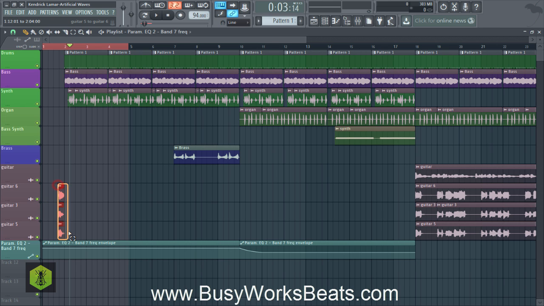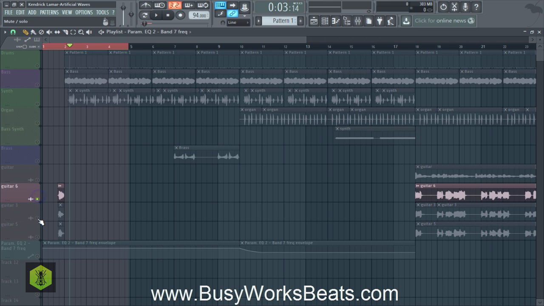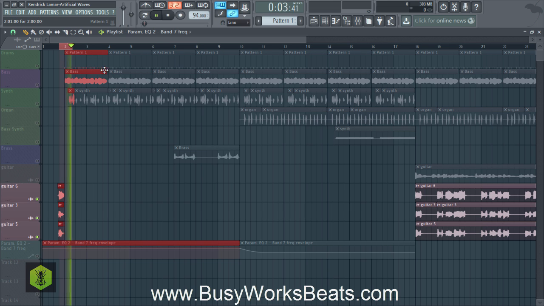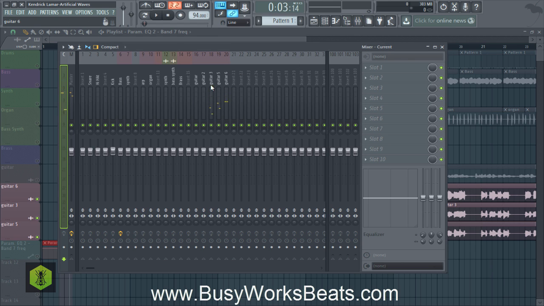So since these all play at once, you want to mix these in context because it's a contextual type of recording. So let's right click and left click to highlight these only. And we can zoom in so we don't have to loop 4 bars, just this part. So you can see they're loud by default. So let's go to our mixer and look at the guitar parts. And we can solo each of these by right clicking at a time.